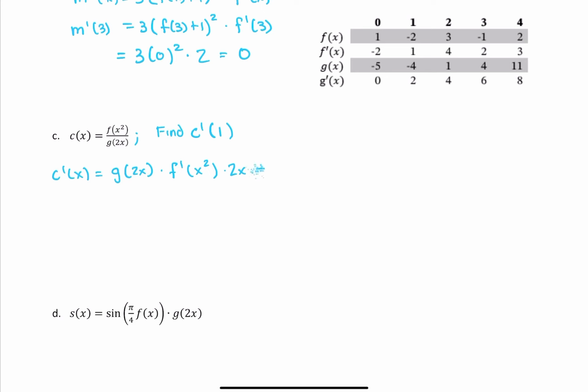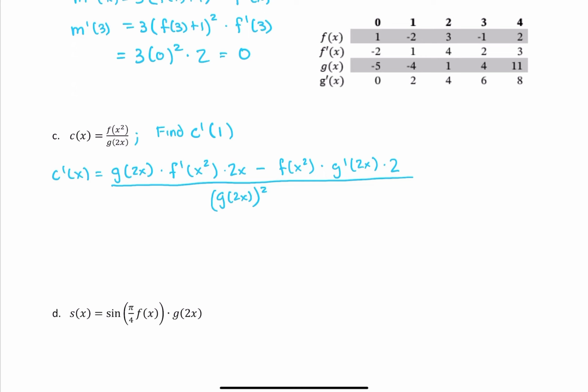And then minus the numerator, which is f of x squared, times the derivative of the denominator, which is g prime of 2x multiplied by 2, because derivative of the outside times the derivative of the inside, and all divided by g of 2x